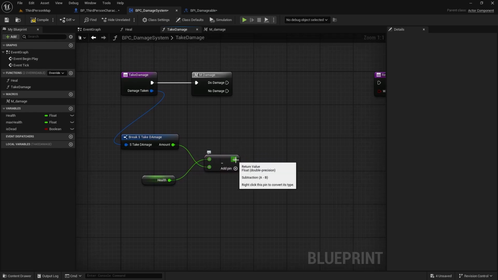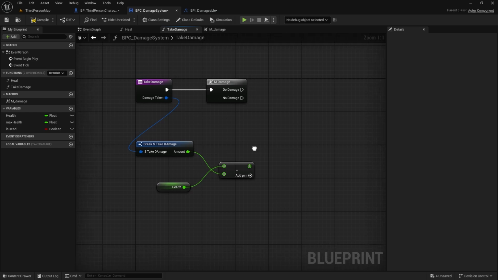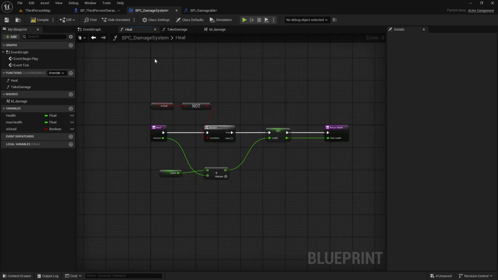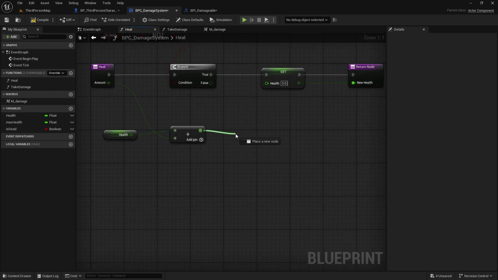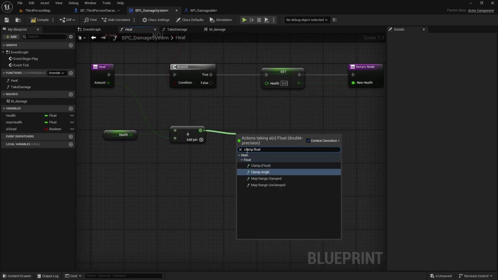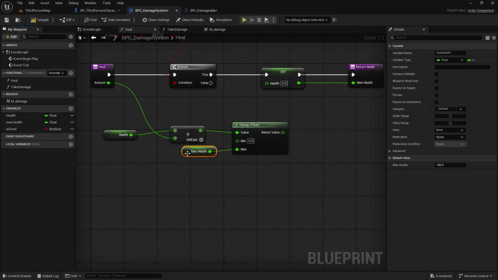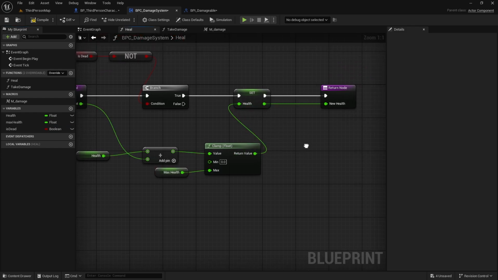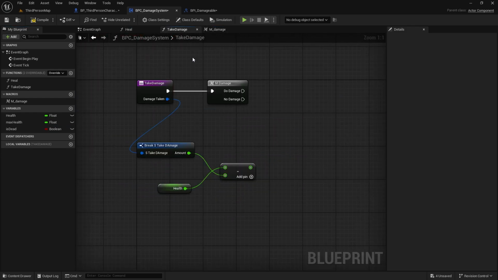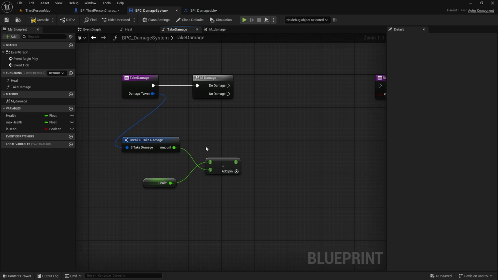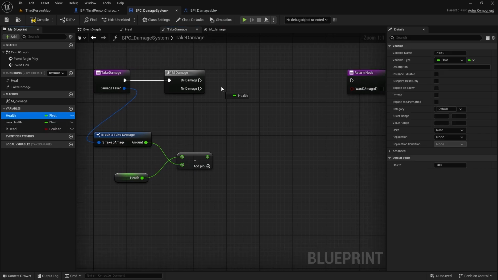We also want to put, I'm actually just realizing, sorry, in the heal function we also want a clamp float, so it doesn't go higher than the maximum amount of health, as in you can't heal higher than the maximum amount of health, and then plug that there like so. Sorry about that. Then back in take damage, I want to subtract it, then set this new amount of health,